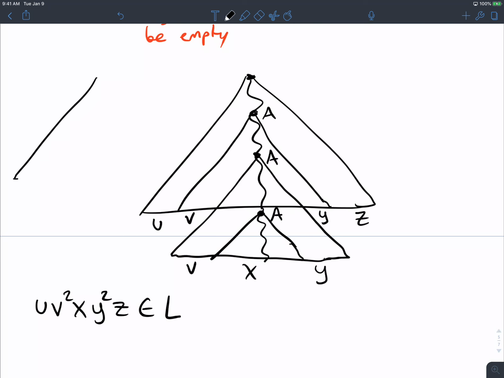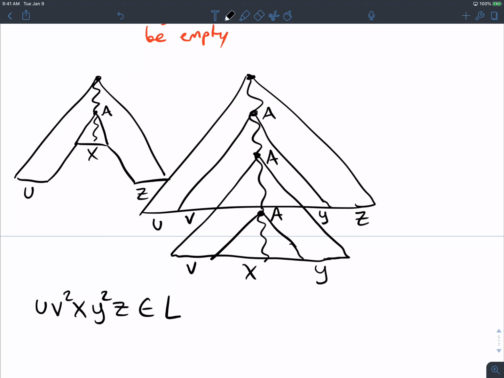What if I did this instead? Instead of copying the first occurrence down to the second one, what if we copied the second one up to the first? So instead, you'll have something that looks like this. Looks like an A or something. So there's a U, there's a Z over here, if I can draw. And the X part is right here. So this is the path. There's an A right here, and it generates this part. Could I do that too? Yeah, because I'm just moving one subtree of A up, because it's the same variable.